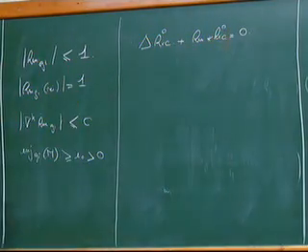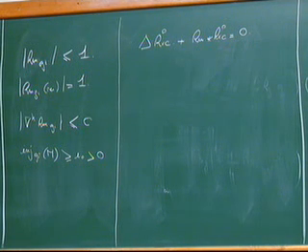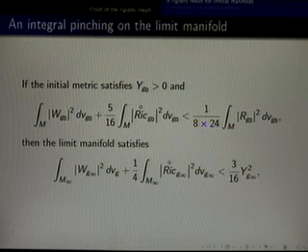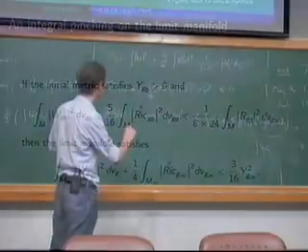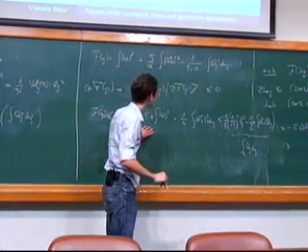And under this assumption, we can prove a pinching result for the limit manifold. So first of all, we show that the pinching we have along the flow passes to the limit in some way. So if you have the first inequality, it will be true along the flow, and then by this calculation here,